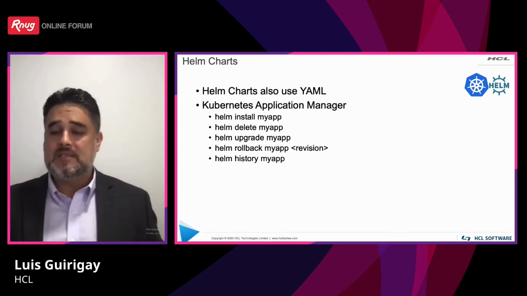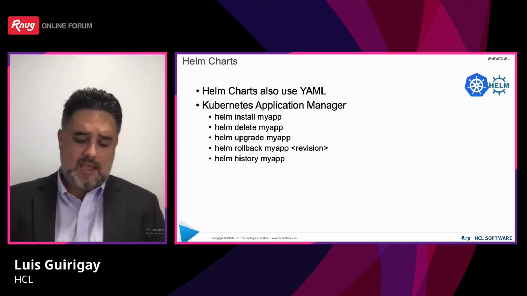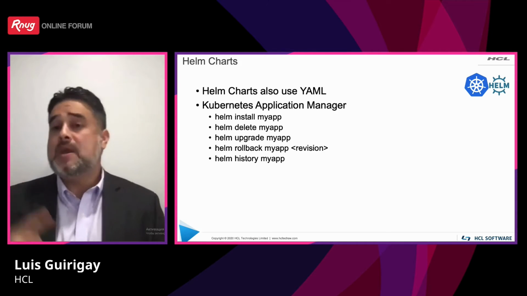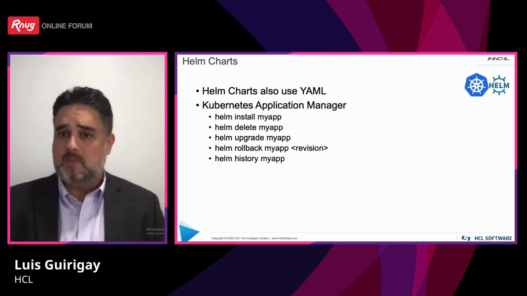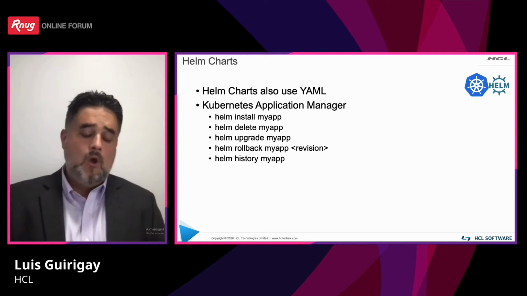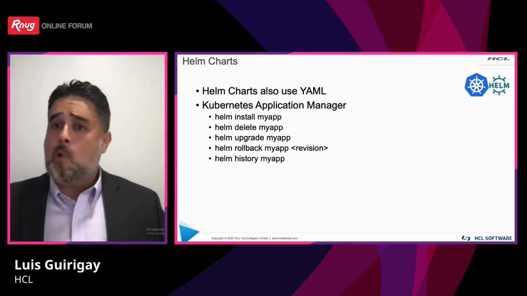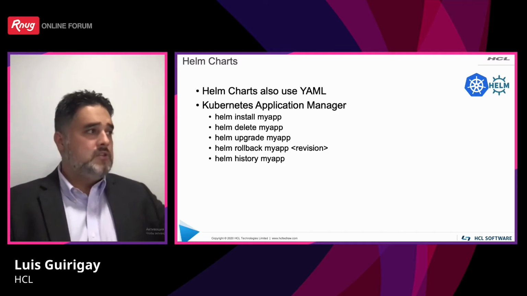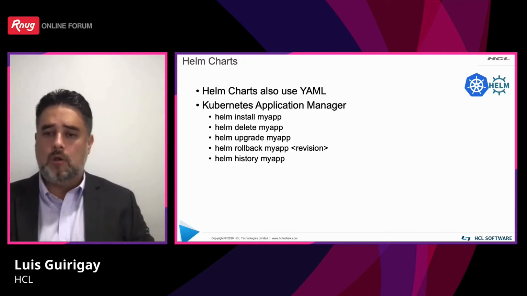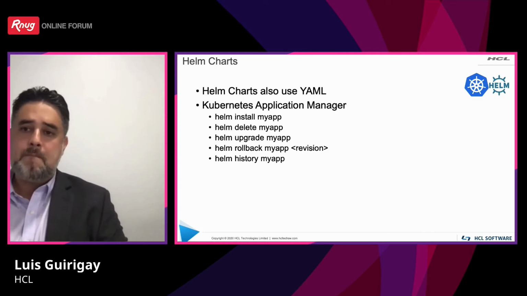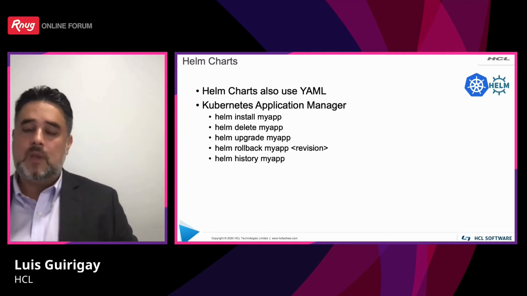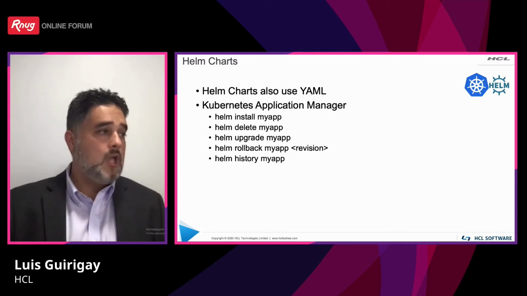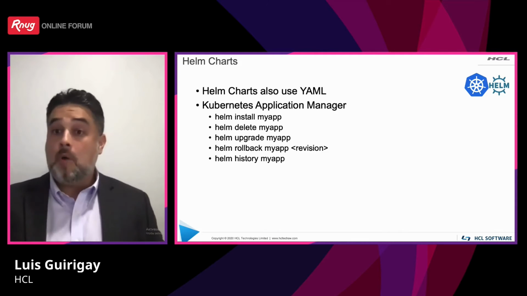For example, when you are installing SameTime, you need to pass parameters like what's the IP address, what's the fully qualified host name of the proxy server, how many users you want to set up as the maximum for your environment, or the tokens and the single sign-on configuration. All of that you will do in a YAML file. So back to Helm install SameTime, and then I will provide a path to my YAML directory where all this information will be. If I no longer want to use the app, all I have to do is Helm delete my app,